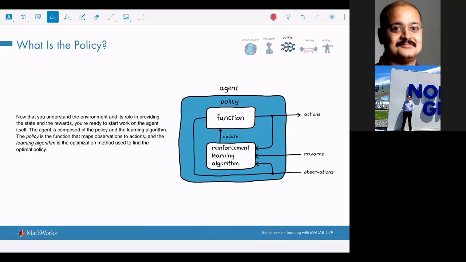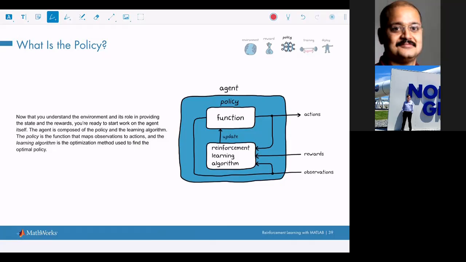What it does, it interacts with the reinforcement learning algorithm. And in reinforcement learning, the entire agent comprises the function and the learning algorithm, and this agent is dealing with the environment. In the environment, the agent is performing some actions, and due to those actions you are getting some sort of outcome, and that outcome is nothing but an encoded reward, a number: positive big, positive small, negative big, negative small.